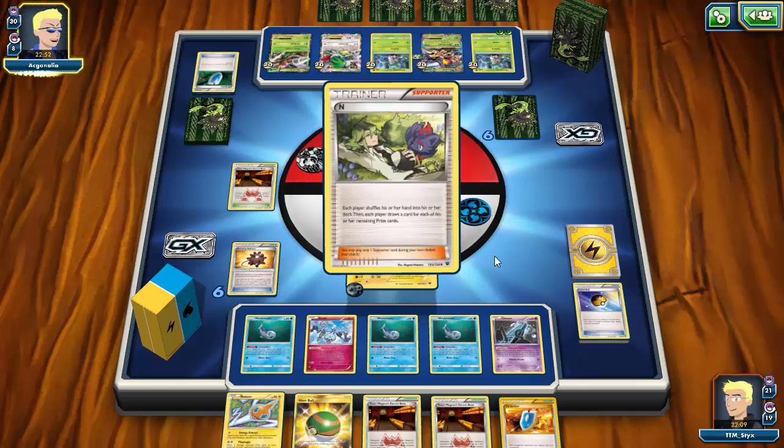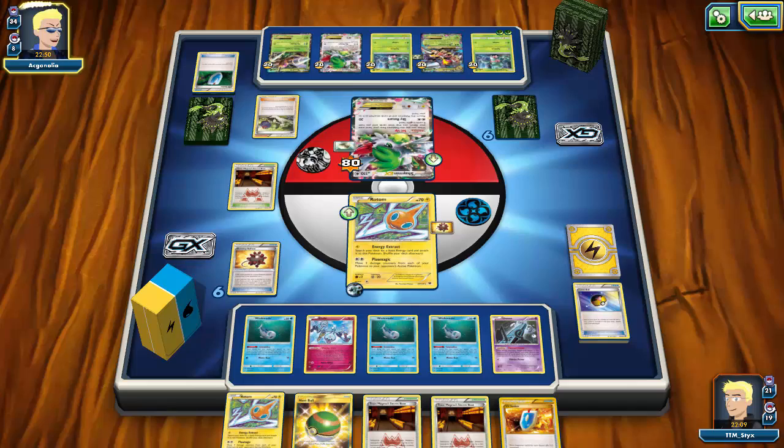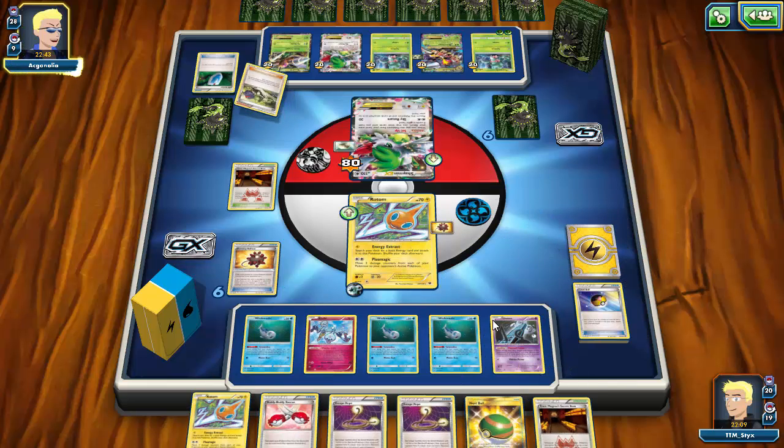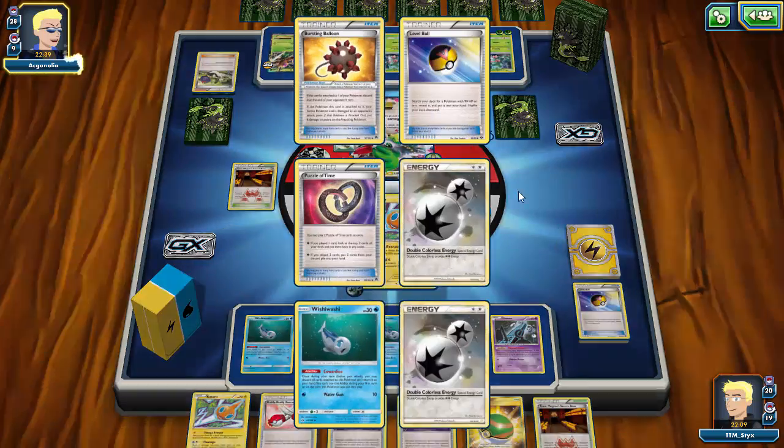My opponent is going to end me. That's honestly just fine. I'll still be able to get a hand of 6. Hopefully it's a hand of 6 that I can use, and get a couple escape ropes. So that works nicely, and I can even Buddy-Buddy Rescue to grab...